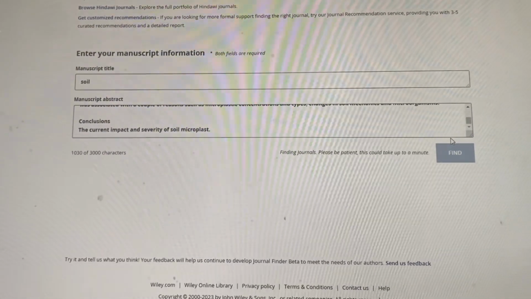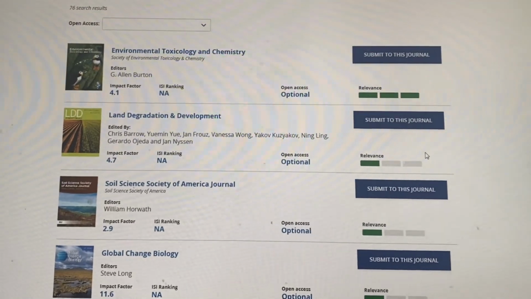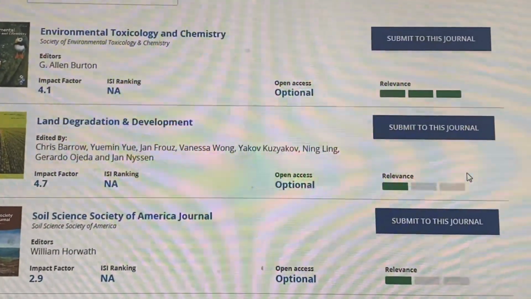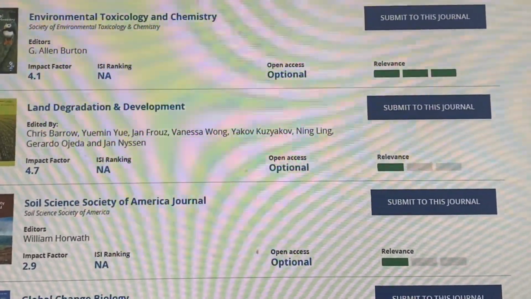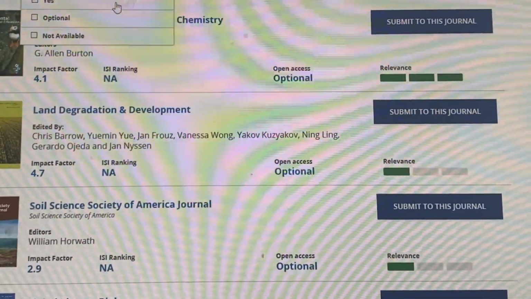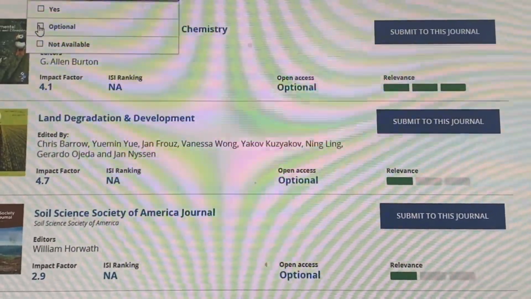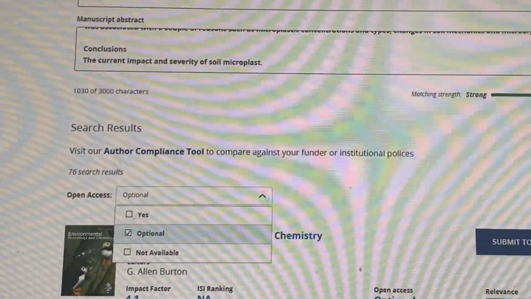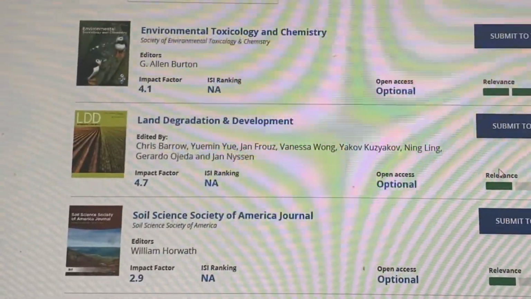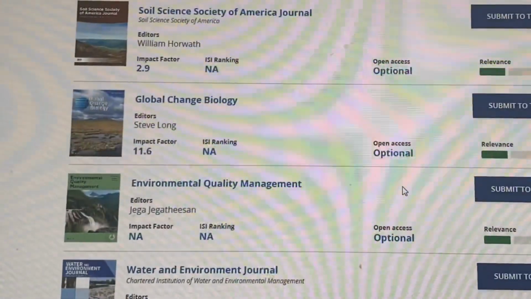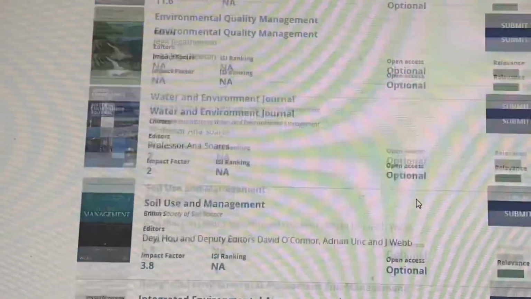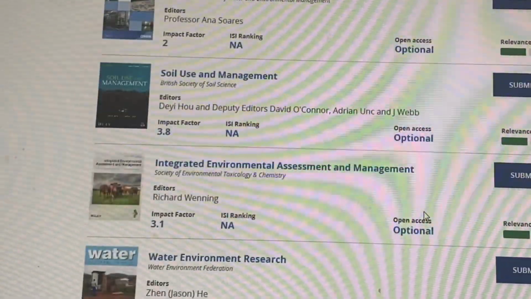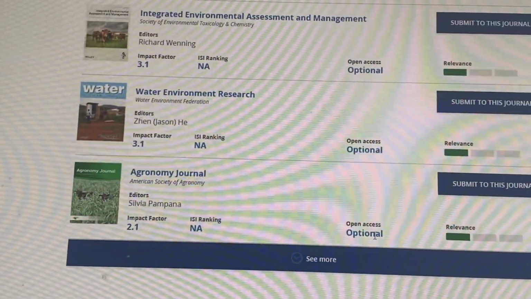So these are the various options, but with the Wiley Journal Finder, it's going to show you the impact factor of the journal and if it's open or closed. There's a bar where you can customize into either optional, meaning open, and closed source, yes, which is just open, and no option available. No option available means as of now it doesn't have an impact factor, probably it's just a recent journal. So it's very important for you to check that.